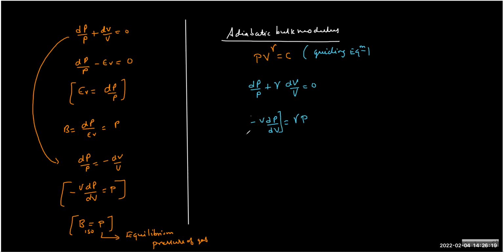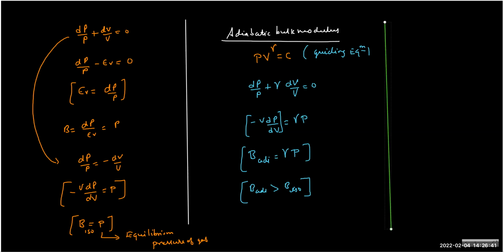So this is the definition of bulk modulus, and we can see the bulk modulus for adiabatic process turns out to be gamma multiplied by pressure. So we can say that B adiabatic is always more than B isothermal. And because you have already studied thermodynamics,